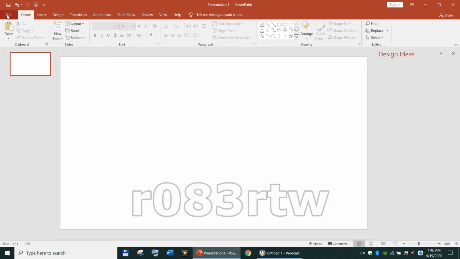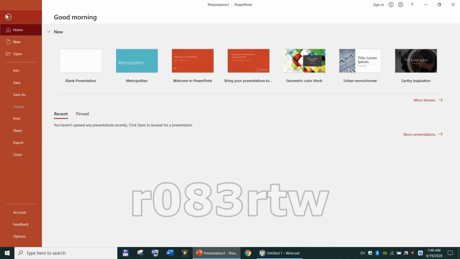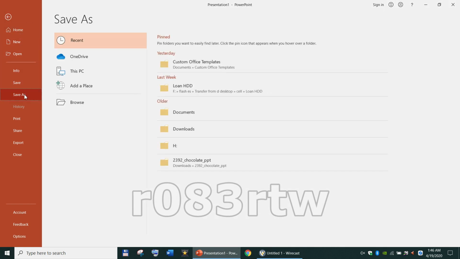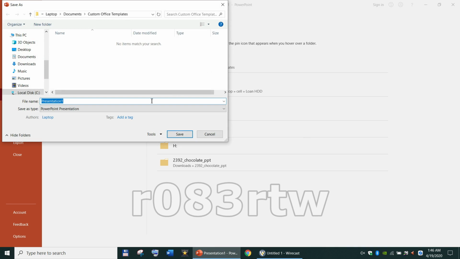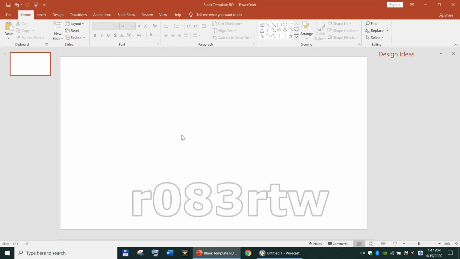After we did this, we have to save it: the File tab, then Save As, and under Custom Templates, I'm going to save it as Blank Template Row. Press the Save button,